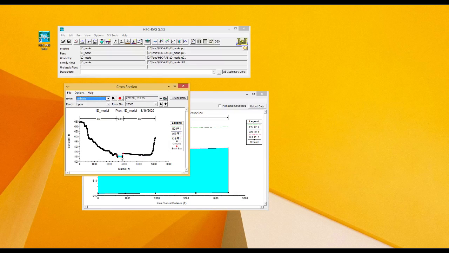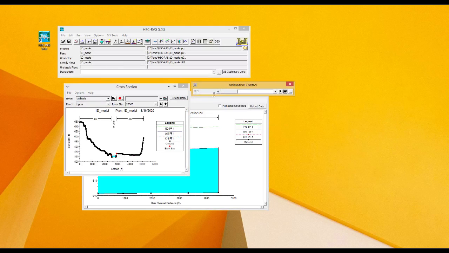You can find some water level profile here, so you can click this button to see some animation control. Actually, we don't have any animation, but we used three different flow conditions, so you can check this would be